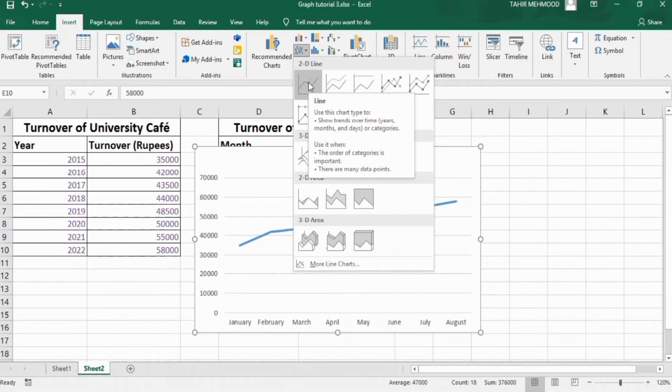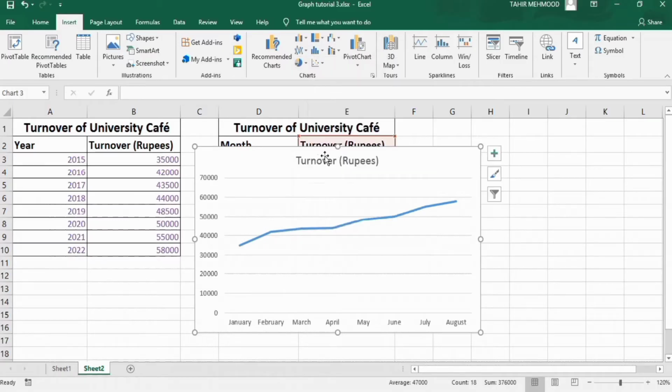So I have selected the simple line graph without marker. I will click on this one and a line graph is formed. It is a very simple method. And if you have x-axis value in the form of whole number, then we will use a separate trick. So let's start that one, and if you are interested in conditional formatting of this graph, I will explain it later after explaining this second method.